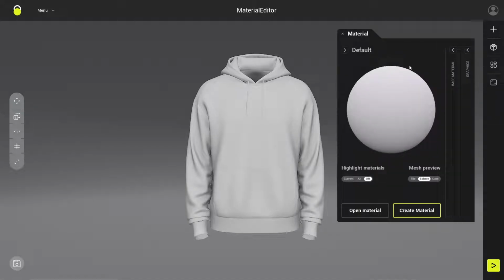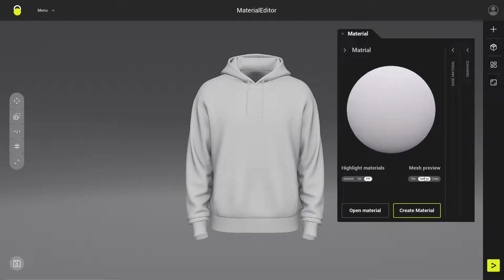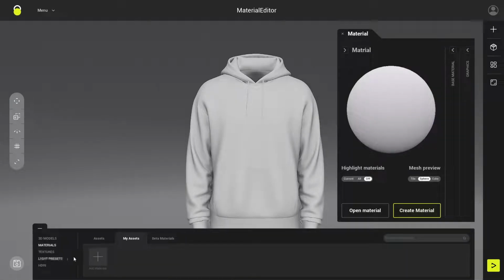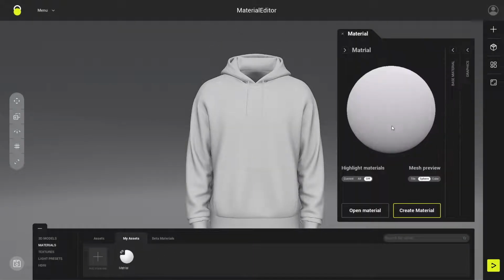The material editor panel is divided into 3 sections. The first section is where I have the preview of my material. I have the ability to rename it, to change the mesh previews, and to open the library and save my material. I can also access the material editor by double-clicking on the material in the library, or by directly clicking